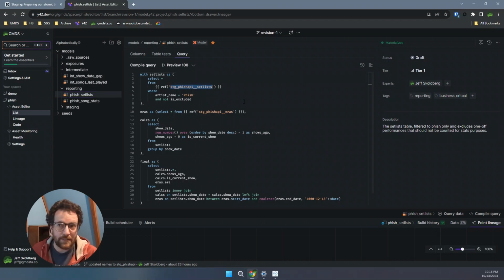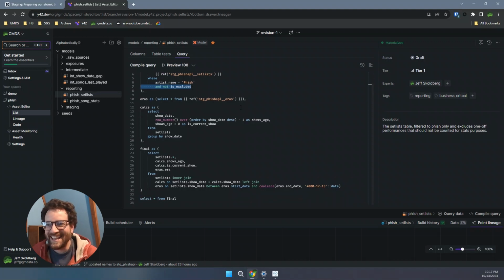So I'm referencing the staging model. I'm filtering right away just to the artist's name, and there's this field called is excluded, which means certain shows were excluded from the stats. So for example, when they played on David Letterman, that gets excluded from the stats because you weren't there, right? So they don't. That's basically why. I have this eras table, which I haven't explained yet, but basically